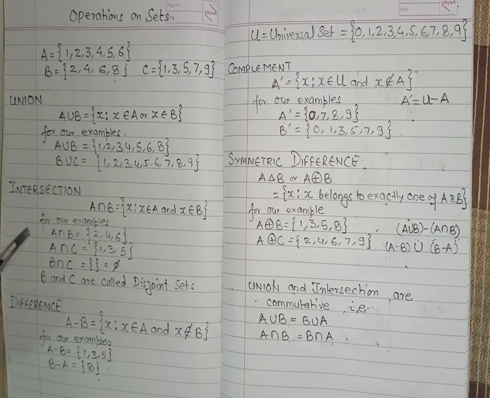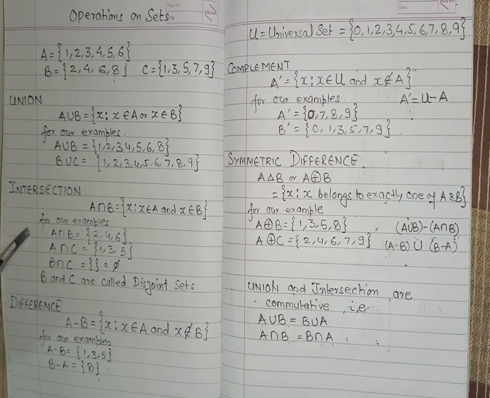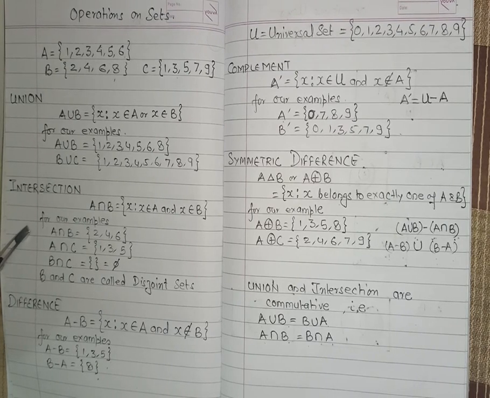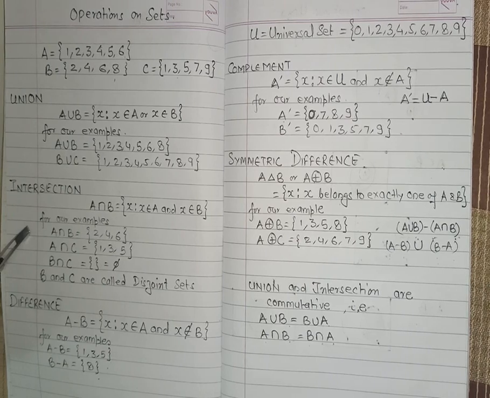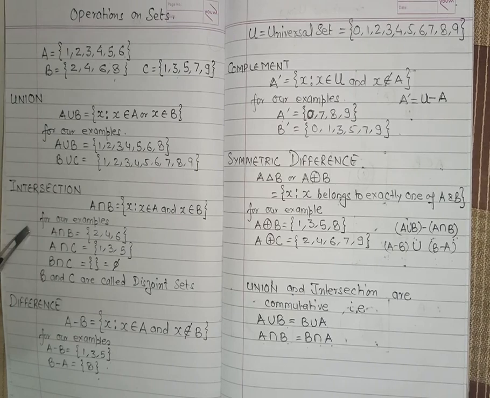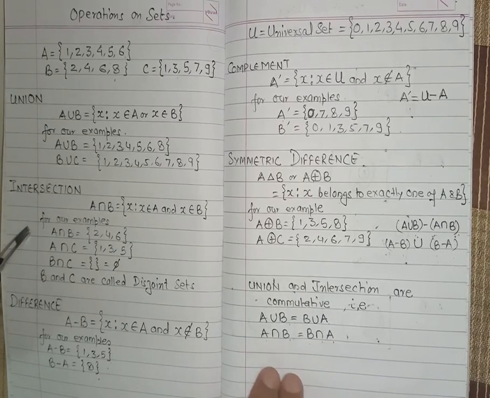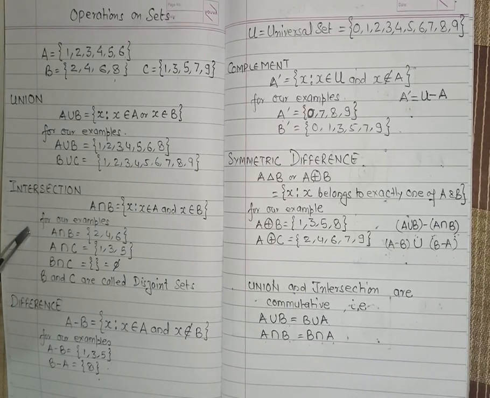We also saw what we mean by the cardinality, which is the number of elements in the set, and we saw that based on the cardinality we can have finite versus infinite sets, we have the null set, the singleton set, and various other things. We also saw what we mean by subset and superset. If all the elements of set A are also present in set B, then we say A is a subset of B, or we can say B is a superset of A. Similarly, the set of all the possible subsets of a given set is called the power set.